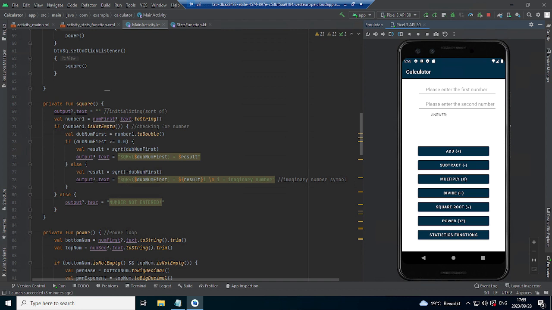For the square function, I needed to initialize the text view first. Without this initialization, it wasn't displaying anything, so this is the reason why I initialized it. Then I assigned this number1 value to the num first text, which is the name of this first text view. After that, I used an if statement to check